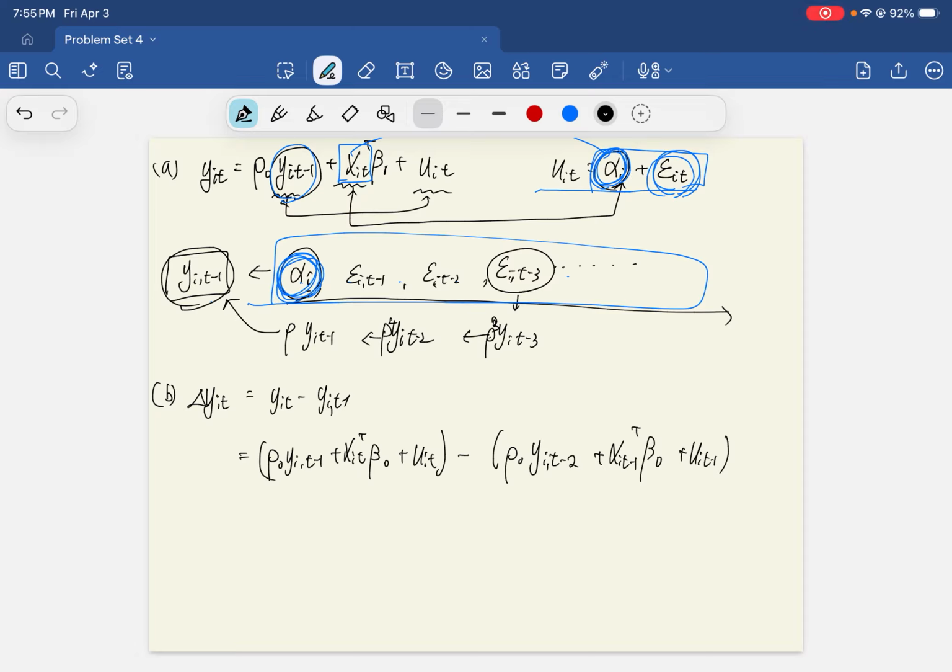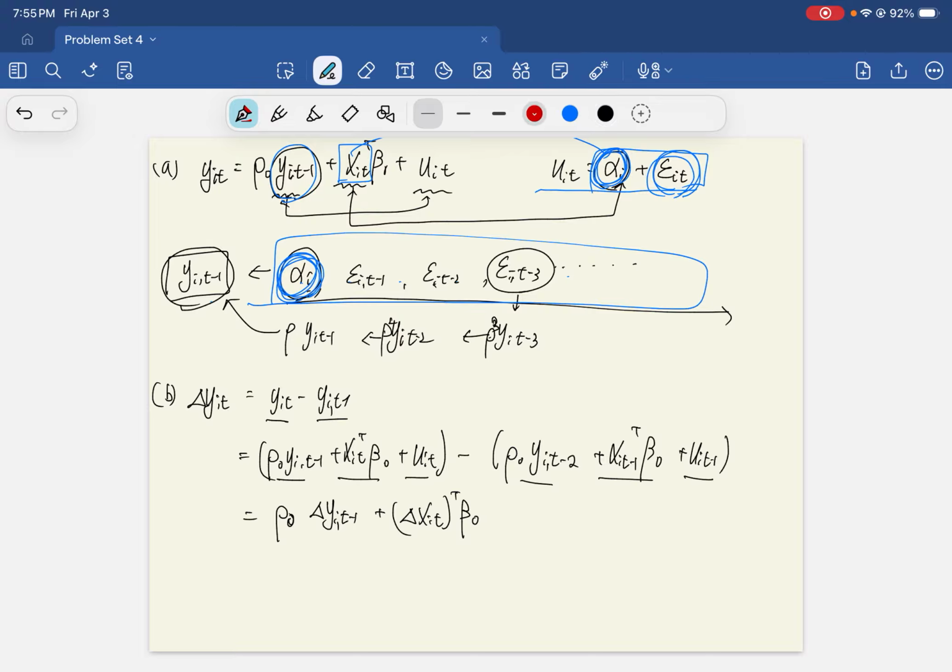Okay, this is just equations for y_it and y_i,t-1. And think about this. You can write this and this as rho_0 times delta y_i,t-1. Simple. And this can be combined as delta x_it transpose beta_0. And if you think about these and these,